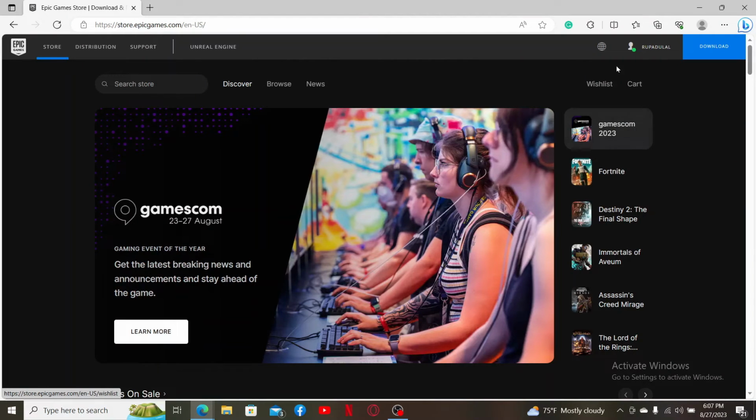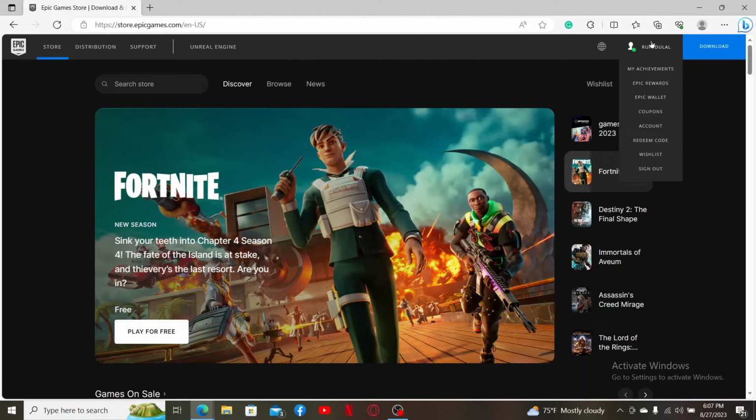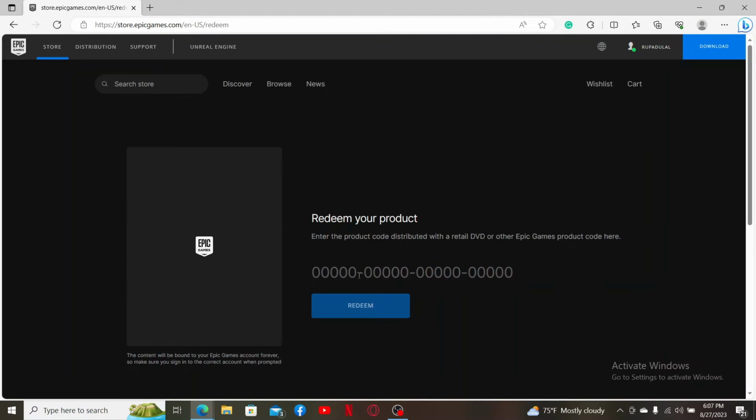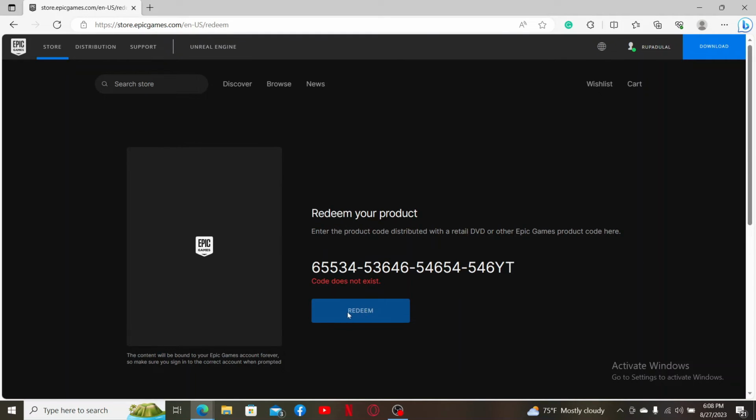Go to the top right hand corner and mouse over to your name. Click the redeem code button in the pop-up. Enter your Fortnite game code in the text box. Make sure to type in the code exactly as it appears, and after you are done, click on the redeem